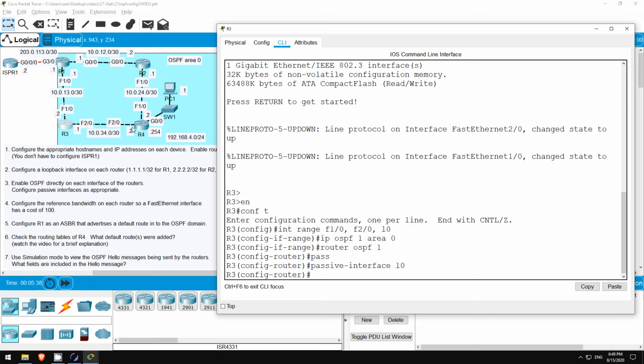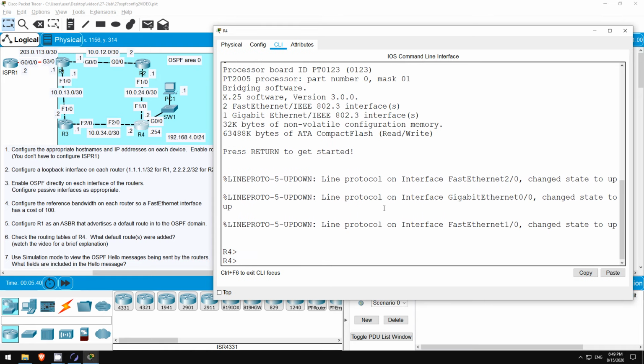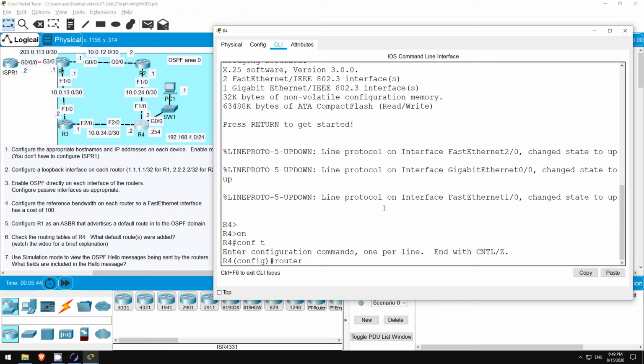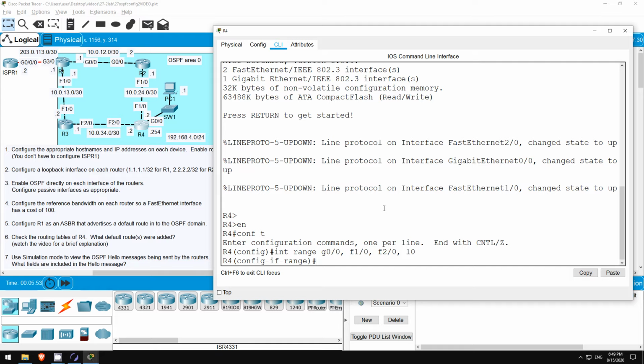Finally, R4. Enable, conf t, interface range G0/0, F1/0, F2/0, L0. ip ospf 1 area 0.